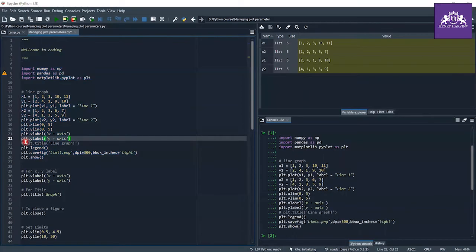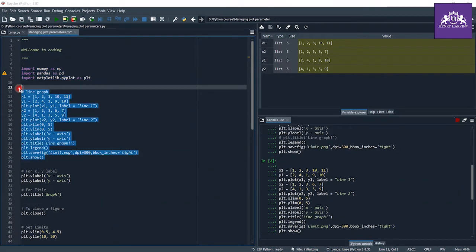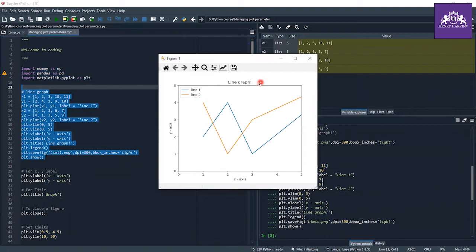So to add a title to our graph, you just have to write plt.title, and there you add the title of the graph. You can get this line graph title, or you can edit it to any title you want.